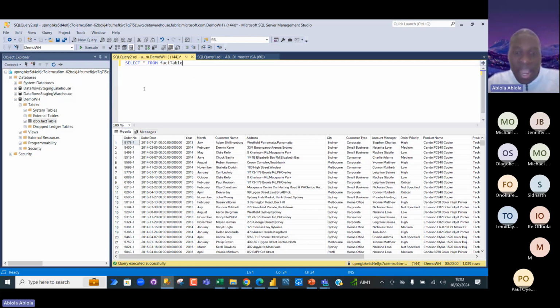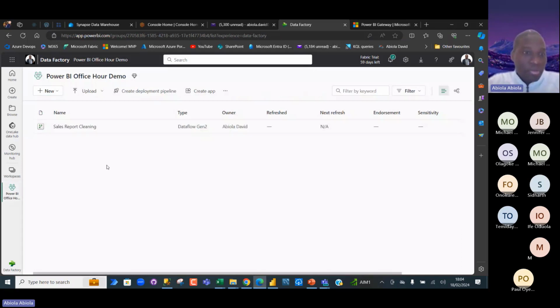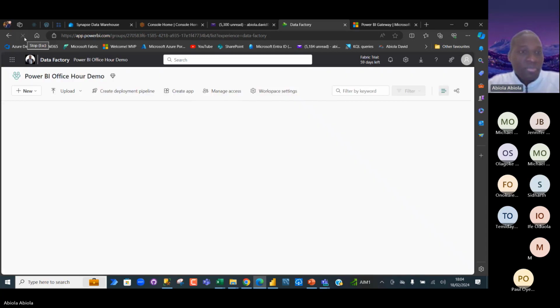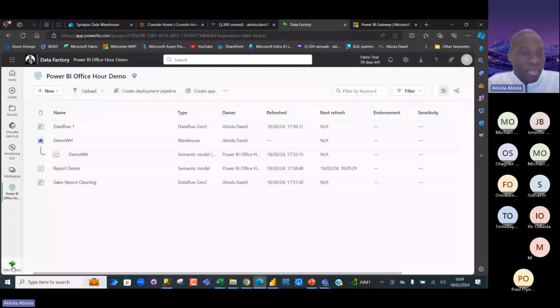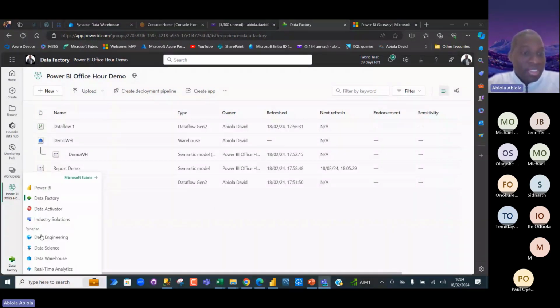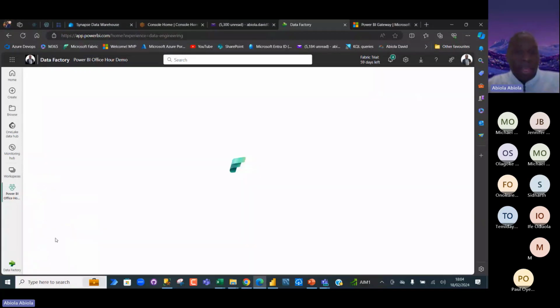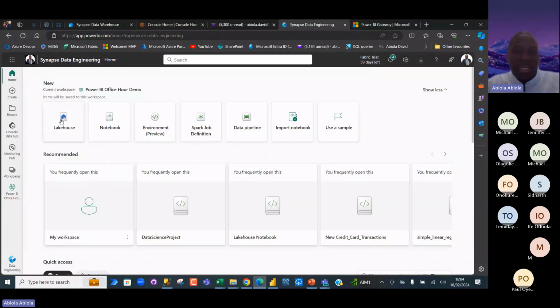So that's it. Now, I actually want to talk about how we can create a lakehouse, and then how we can create shortcuts from external data sources like ADLS or Amazon Web Services S3 buckets. So let me go onto that quickly. I'm going to come to the browser, and then come to the workspace. All right, so I'm going to come at the bottom here and create data. Just click on data engineering, and then I want to create a lakehouse.